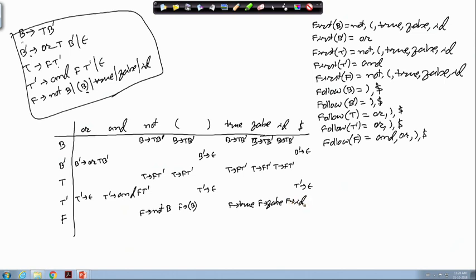Okay. So, this completes the table formulation, and whatever entries are undefined are parsing errors. So, they are all error entries. Okay. So, you can formulate parsing tables like this, and from there we can go to the parsing process to see how this parsing can be done for different strings.